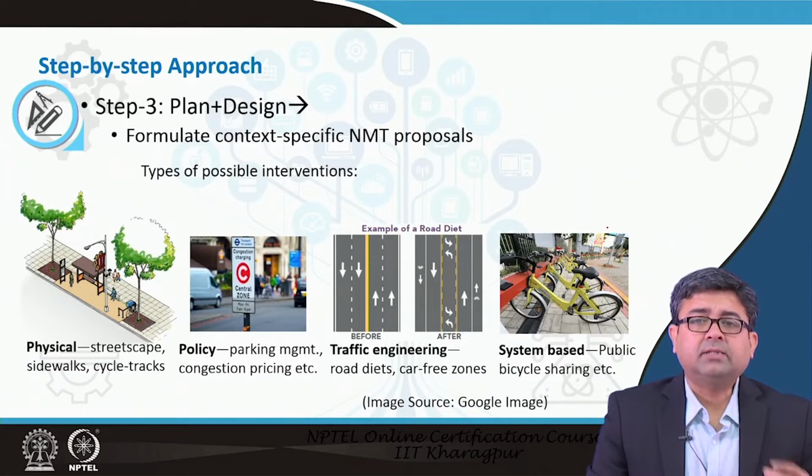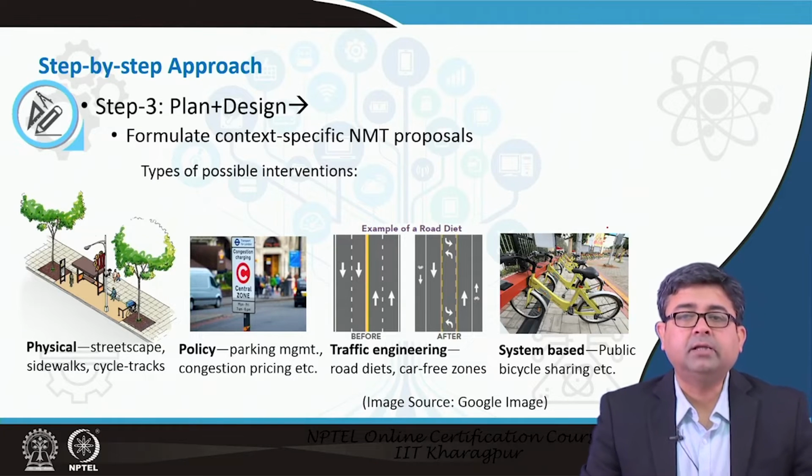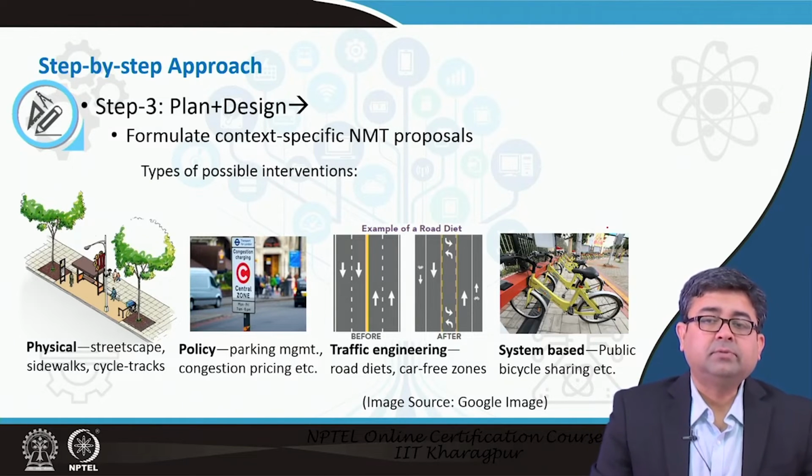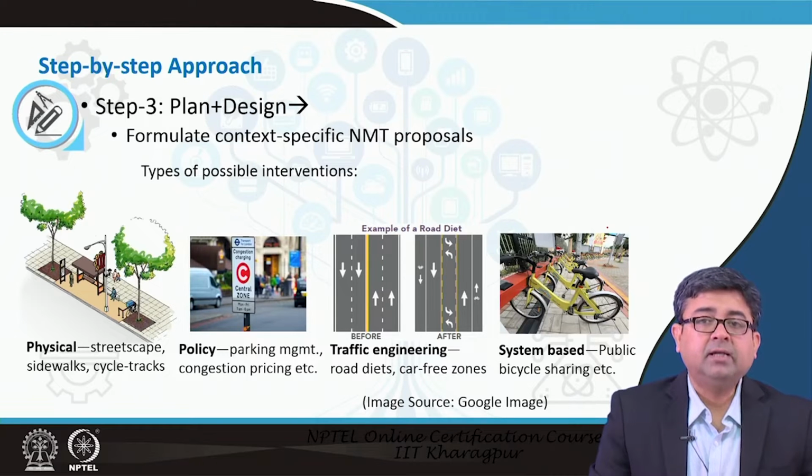By saying context sensitive, you have to understand in which environment you are providing the non-motorized transport solution. Is it an urban environment? Within urban, is it only a residential environment? Is it a commercial environment, or is it more of a mixed use environment? So, understanding the environment